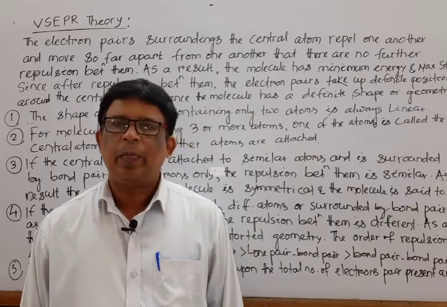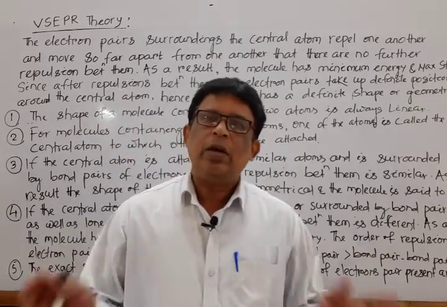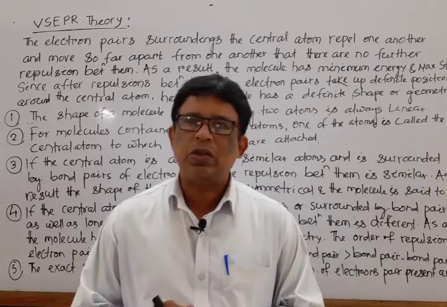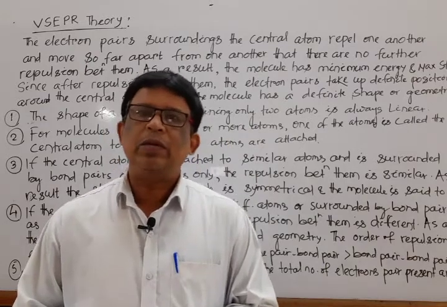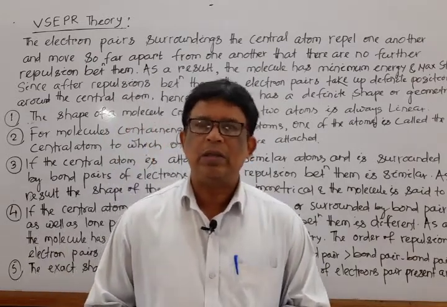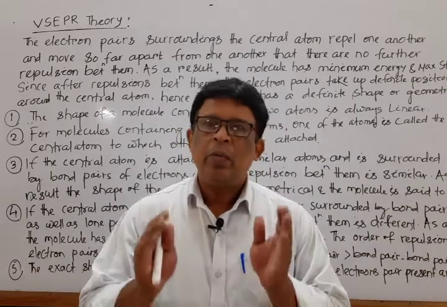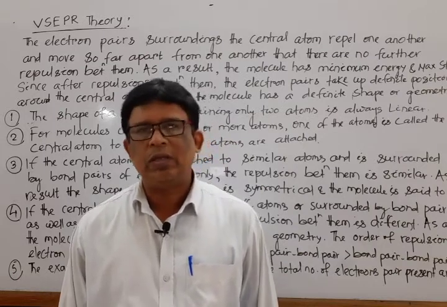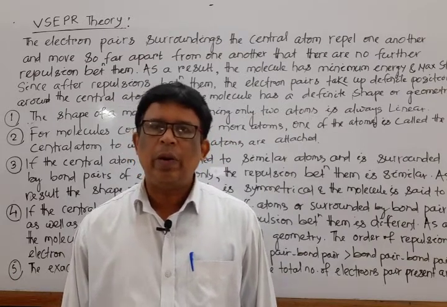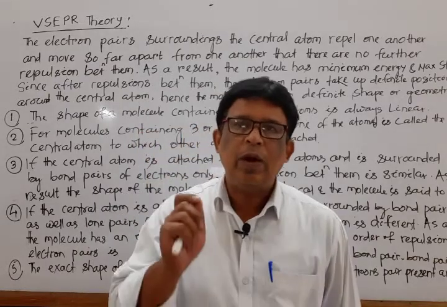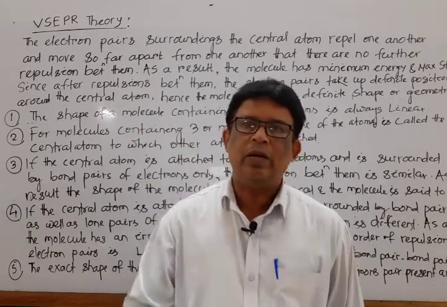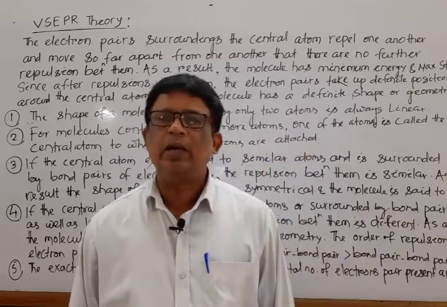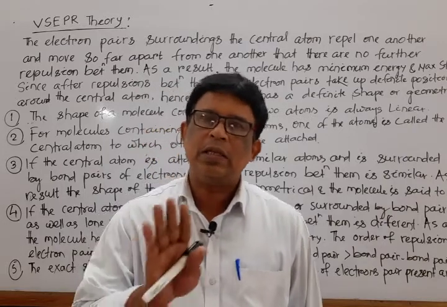According to this theory, the electron pairs, the orbitals, are away from each other in such a way that it gives maximum stability and minimum energy. Going into detail, we have to discuss some points about this theory. After knowing the lone pair and bond pair, the conclusion of this theory is that if a molecule is formed by taking two similar atoms, then it possesses symmetrical geometry.